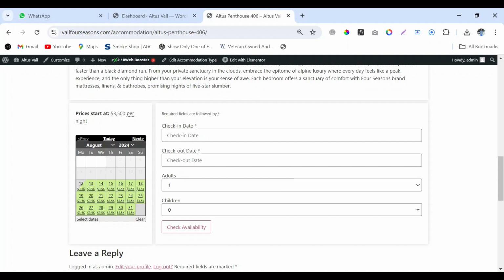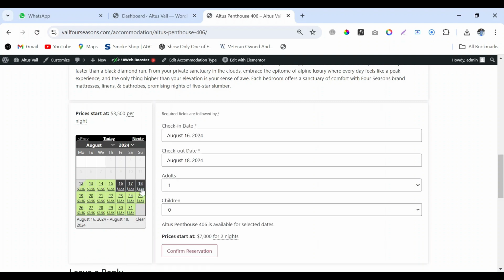So in this video I will tell you how you can easily block a specific date from the front end, so that users can only book the available slots from the calendar. Right now you are viewing some dates for the August month, and you can book any date. For example, if you want to book the 16th, you complete the steps, like check in and then check out date, how many days you want to stay there. If you want to stay only 3 days, then you can select 3 days in the calendar.